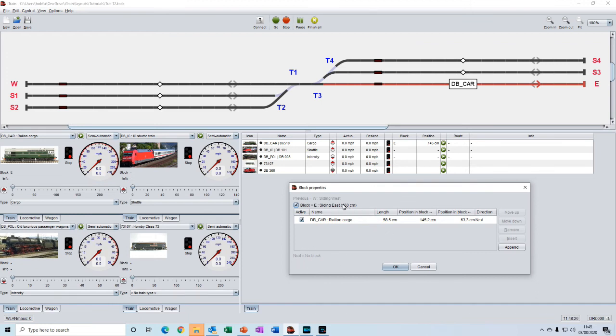The block we selected is the east block, and it has a total length of 150 centimeters. The train that is in this block is DB car. It has a length of 58.5 centimeters. Then we're given these 2 position figures, and we're told that the train is travelling towards the direction next, which